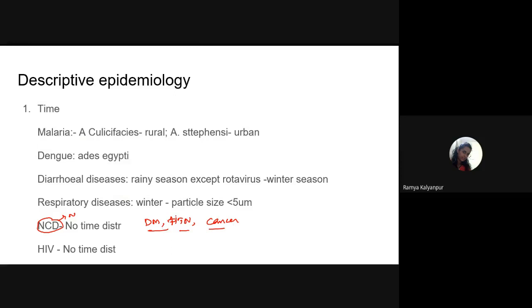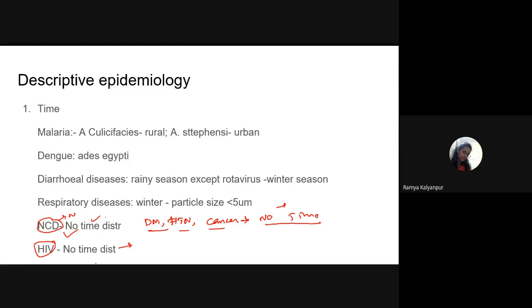Now, do you think that diabetes mellitus has any seasonal variation? No, it doesn't know any summer, winter or spring season. It can happen anytime. Any moment or any millisecond, it can show variations in our blood levels. So all these biological parameters, which are non-communicable diseases, have no time distribution. So students, make sure that if the question is asked, identify which one of the following doesn't show any time distribution, if any non-communicable disease is there, then make sure that you tick for that. And the same thing holds true for HIV also. This HIV is not peculiar to some winter season or rainy season.